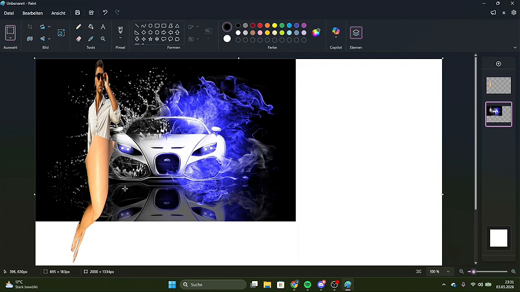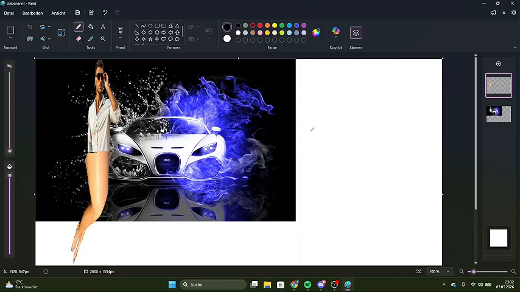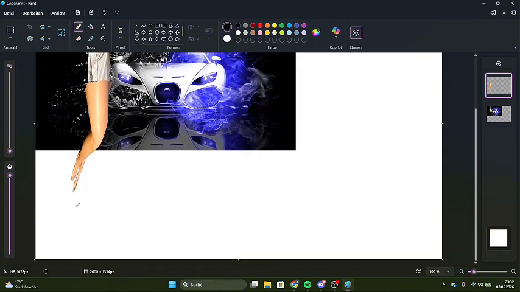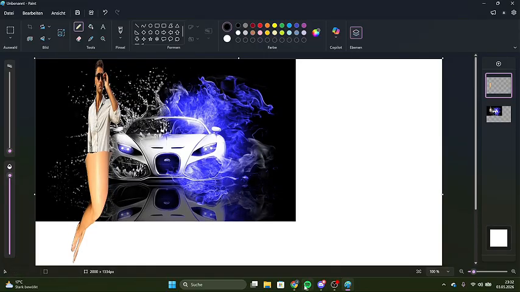So we have this one and this one, but you see it's not matching. So what we are going to do is, here is the eraser tool, and we make sure that you are on this thing where only the legs are, so that when you delete it, you only delete the legs and not the man itself, which is very important. So you see it looks more realistic now,